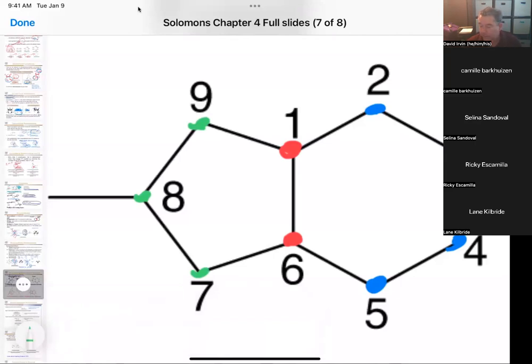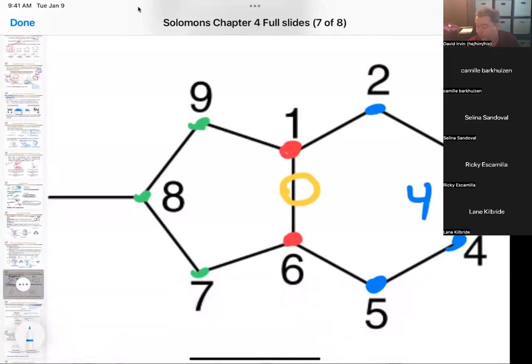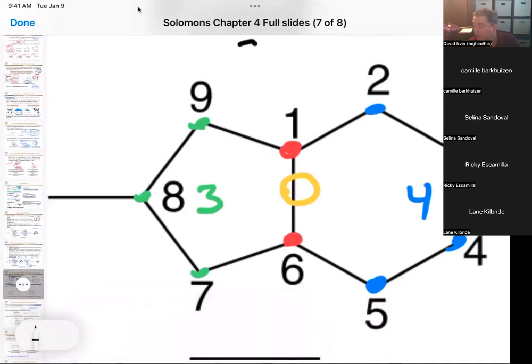Our last one is a 0 carbon, which means it's fused. So we have a 4, a 3, and a 0. So in our brackets, our bracket is going to be 4.3.0, okay? And so then we're going to start out with bicyclo,